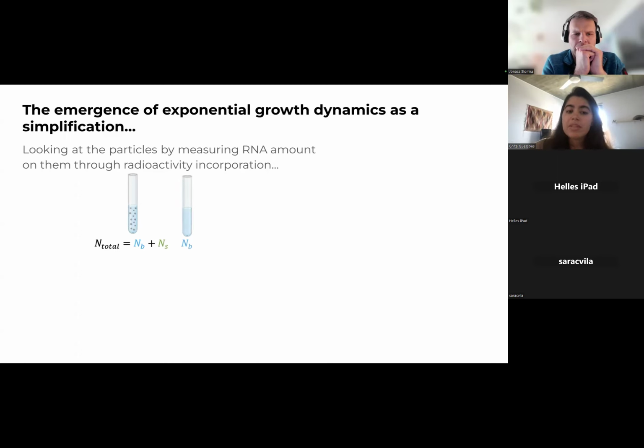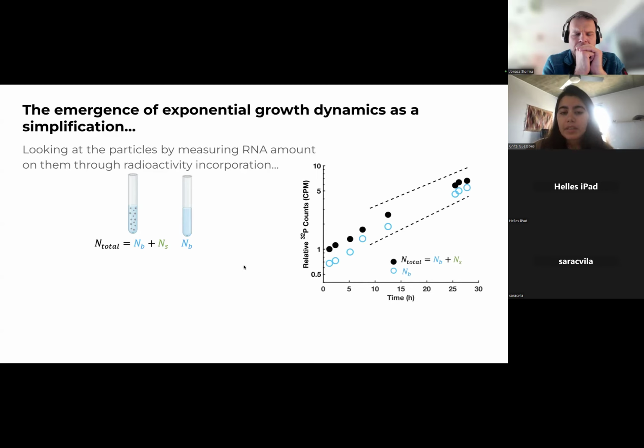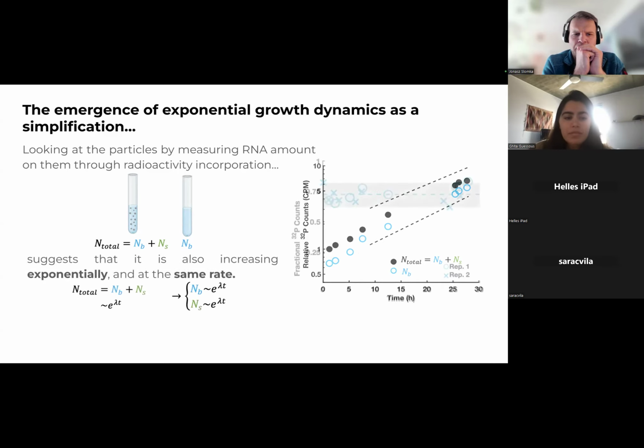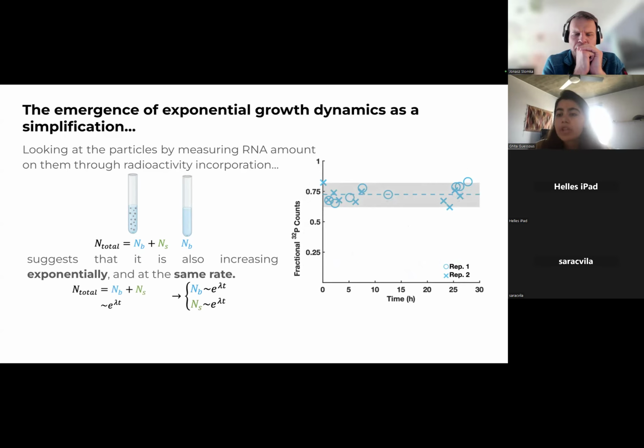So the kinds of experiments that we can do are subtractive, just because it turns out that the biomass on the surface of the particle is not enough. So we can take samples that contain both planktonic cells and surface-attached cells, as well as samples that only contain planktonic cells. And these are the things that I'm plotting in here. The black dots are the total population, and the blue dots are the planktonic population. You see that there's consistently a difference between the two. And if we take the ratio of these blue points to the total points, it tells us something about the fraction of the total population that is in the